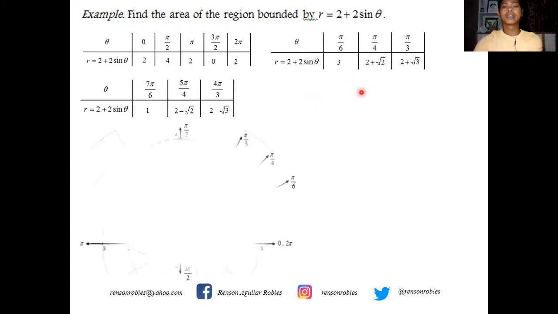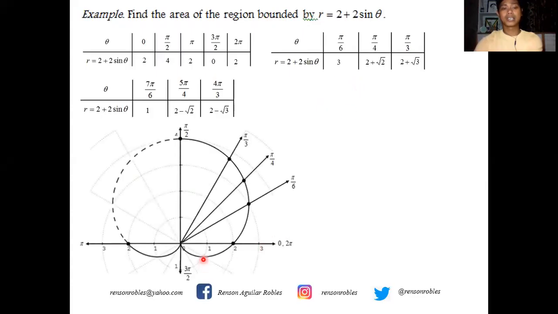And then the polar equation is a cardioid, facing downward, pointing upward. So we get the area of the region enclosed by the cardioid. Okay, so the area is given by 1/2 times the integral of r squared d theta evaluated from alpha to beta. Okay, so if we use this particular region,